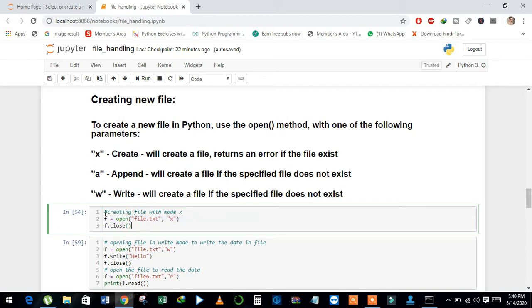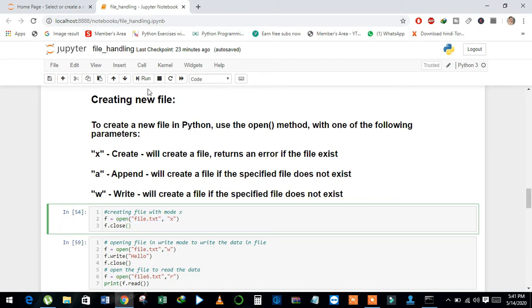In the first example, I will create a file using X mode. And see here, with the open method I pass two arguments, the file name with extension and also X mode. It will create a new file. If the file is present in the directory, it will show an error message.